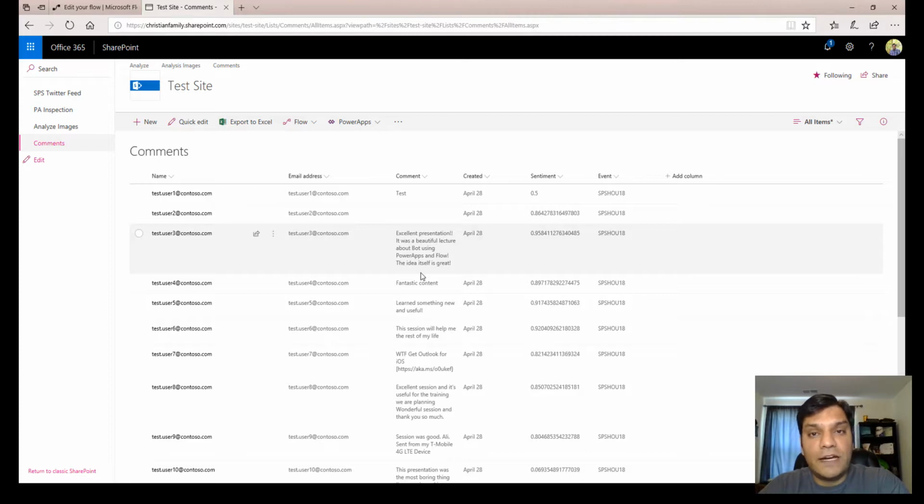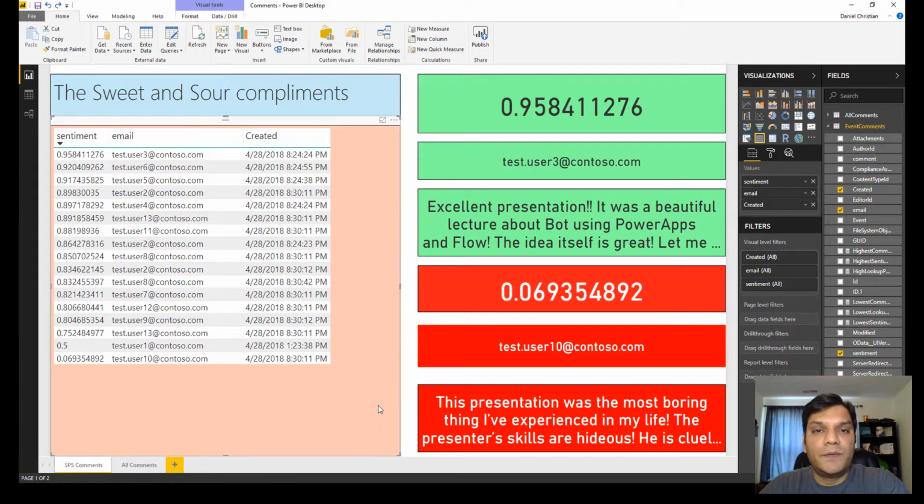So finally, all said and done, this is an example of the Power BI report, where I did not have to ask any questions, to see who the winner was or do any raffle tickets. Right here itself, I was able to find out who the winner was, who gave me the most sweetest and the most sourest compliment. So as you can see through the sentiment value, I was able to get the highest score, and that